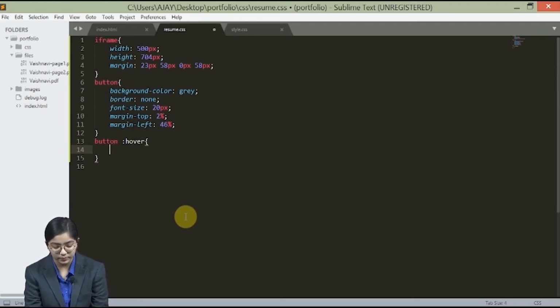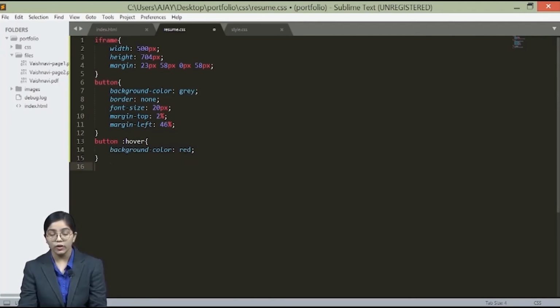So what we have done, we have given a pseudo class selector and we have given some background color red. Now why isn't this particular thing appearing? This is because we have given some space. So we don't need that space, and what do we need? We need that particular selector, then a colon and the pseudo class selector.